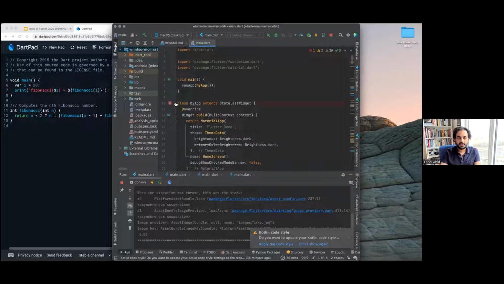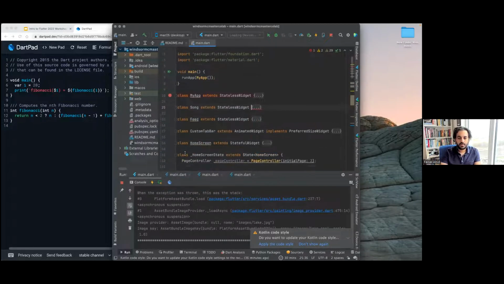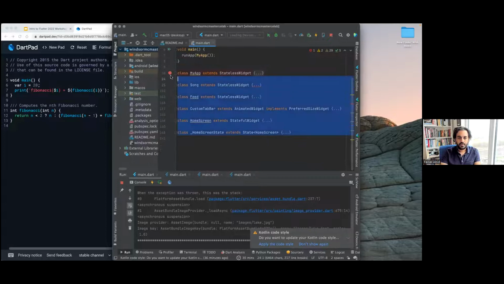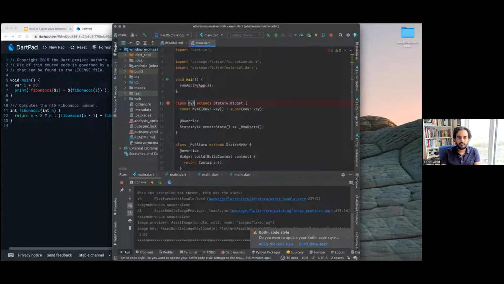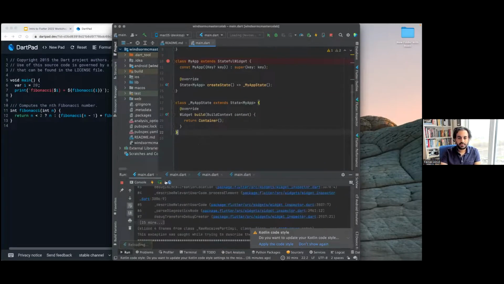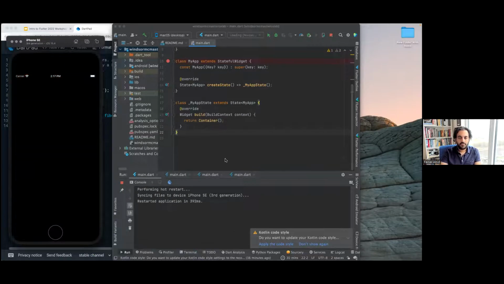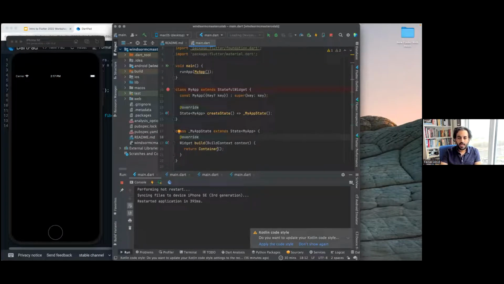So let's do this. Let's get rid of all this crap here. Okay, I'm going to create a stateful widget and we'll call it my app. Okay, it's saved on iOS. And if everything looks good, yeah, okay. My app, and this is going to be